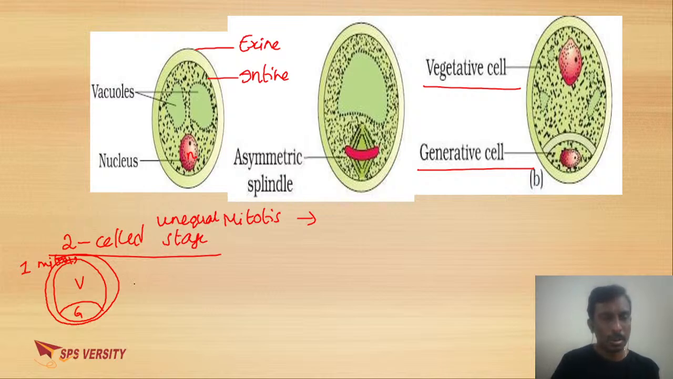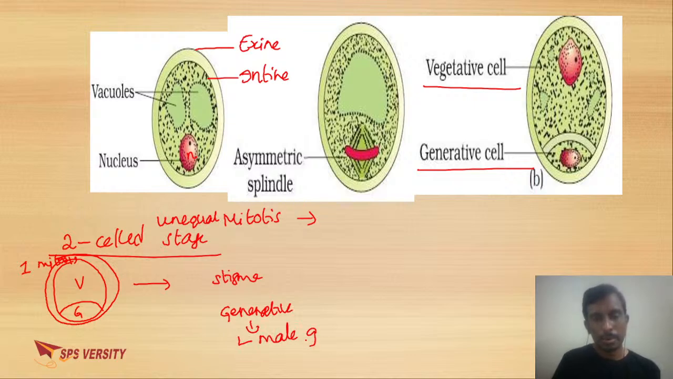Now they have come out of the anther. Where will they reach? They will fall on the stigma. After reaching the stigma, when they enter into the ovary and ovule, the generative cell will again divide by mitosis and form two male gametes. The male gametes are formed from